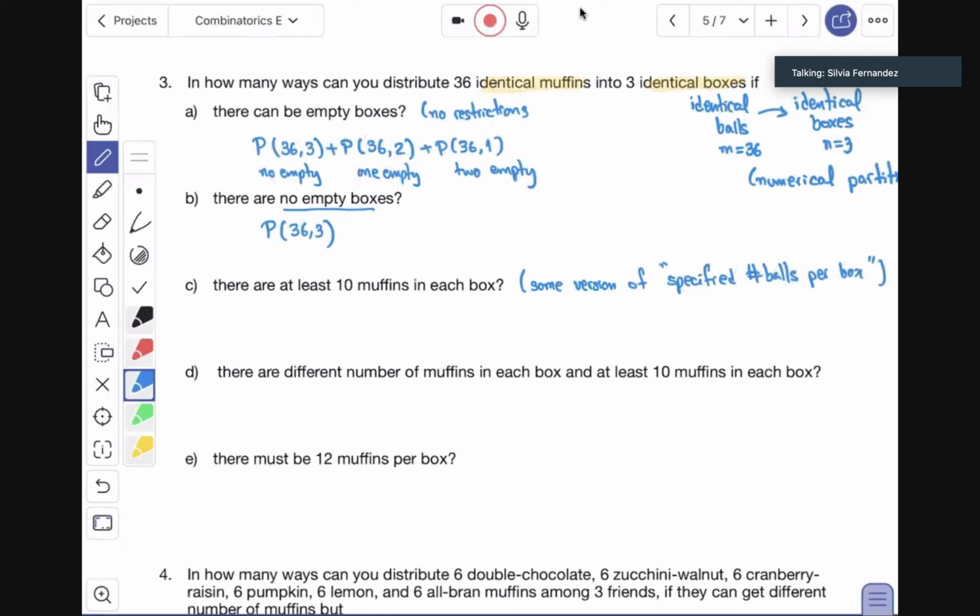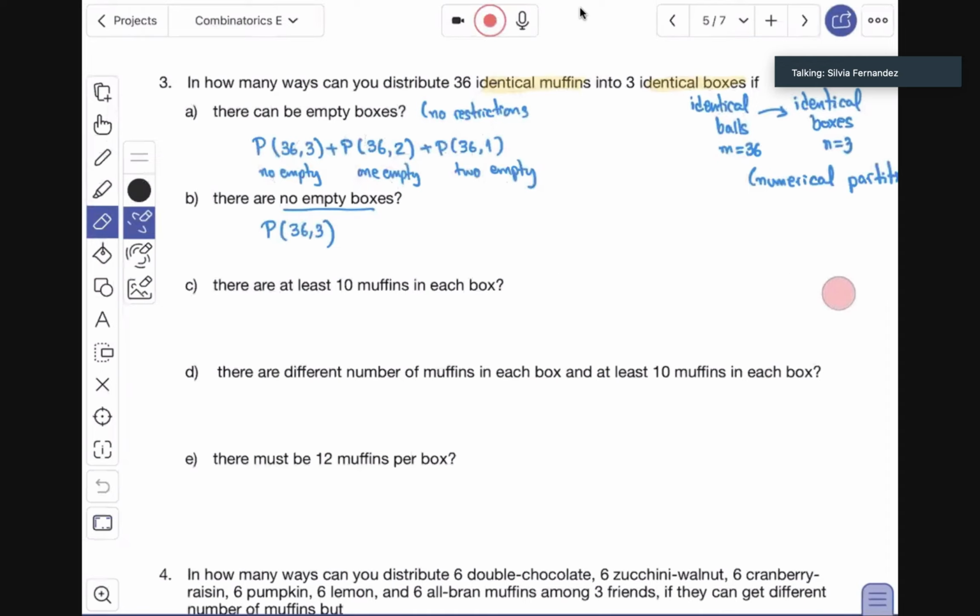So the possible partitions where all the parts are greater than or equal to 10. Well, actually, no, you know what? Sorry, guys. I don't really need this. I could do that if I wanted to do this by hand, and it's actually small enough that we can do this by hand. But instead of doing this, I'm just going to use the